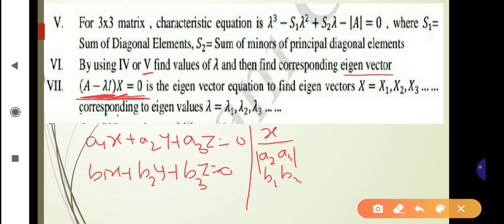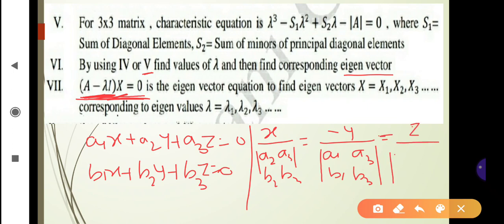This equals minus y upon determinant of, neglecting the coefficient of y, a1, a3, b1, b3, equals z upon determinant of, neglecting the coefficient of z, a1, a2,